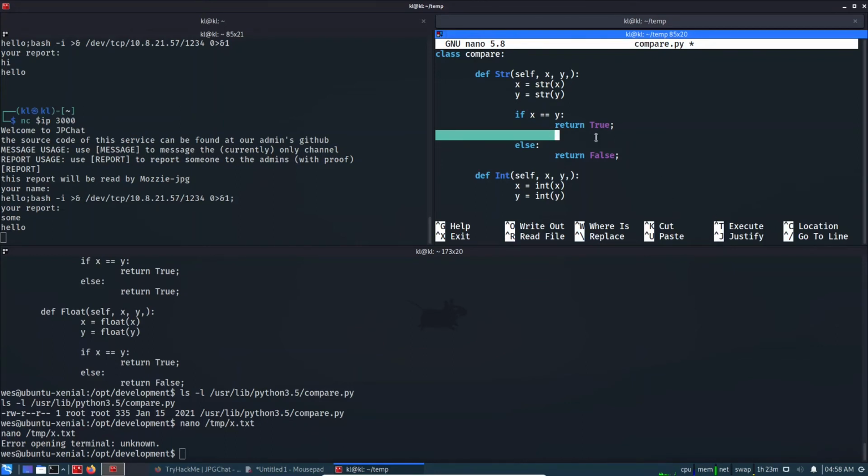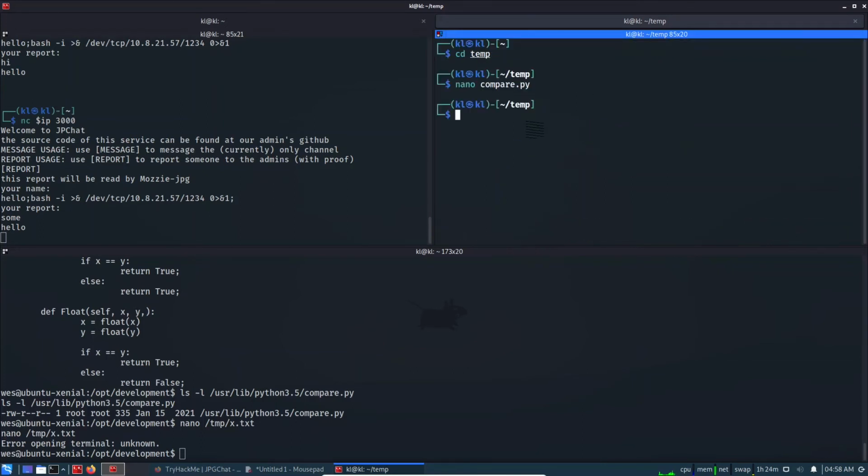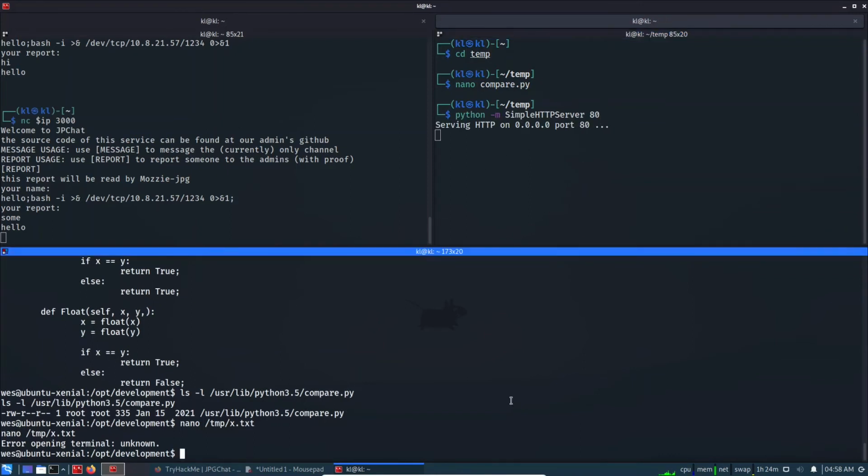So for running any command, we need to write os.system in Python, and inside this we can write /bin/bash -p, for persistence or something. I'm not sure of the exact abbreviation. Okay, so let's save this, and to transfer we need to run an HTTP server on port 80, and let's